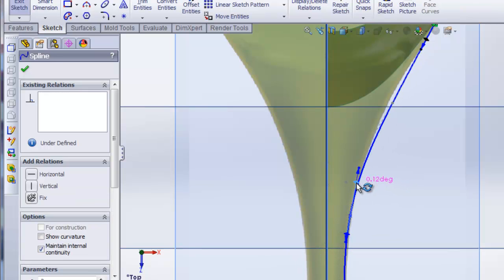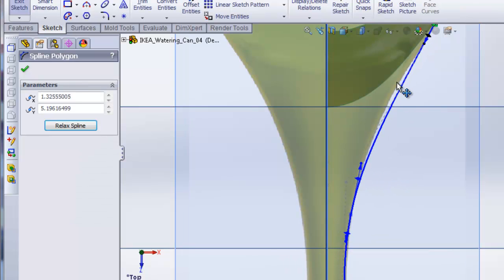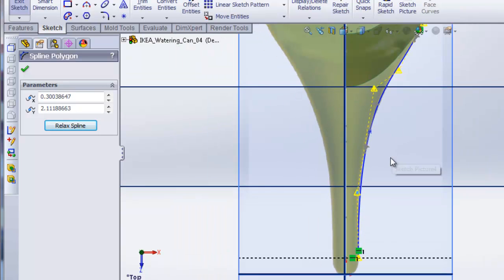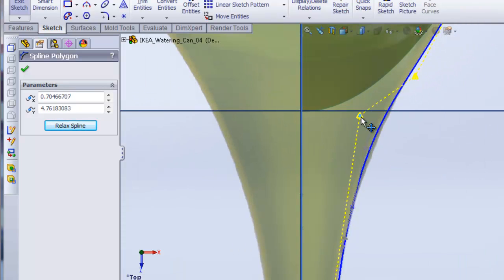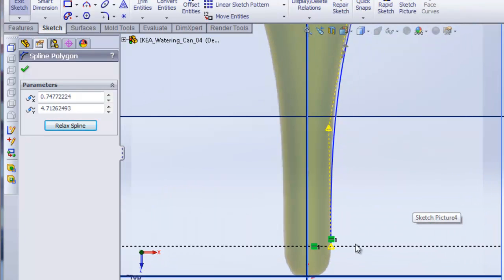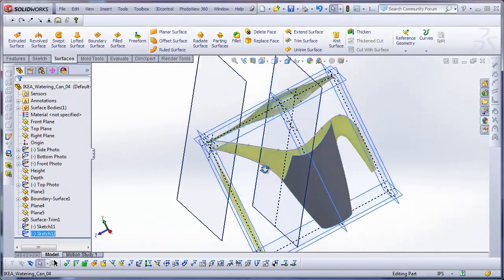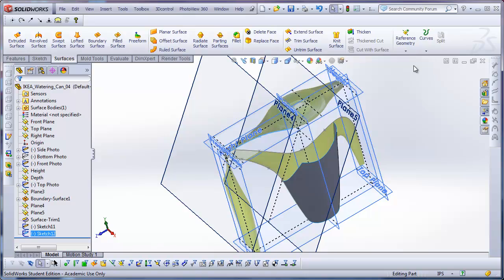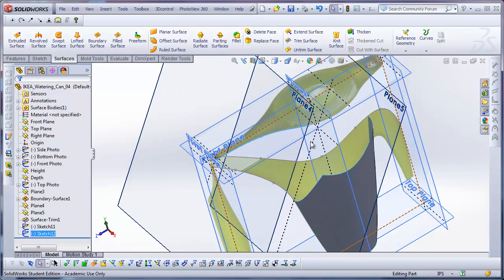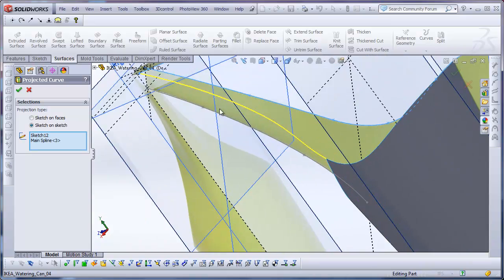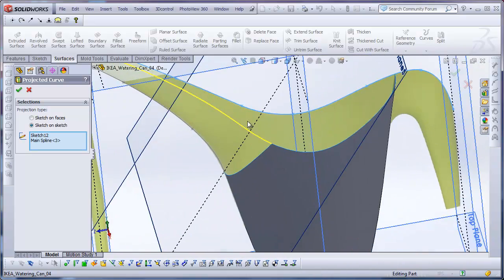I'll add another control vertex by moving this arm around. And just move this in. And kind of adjust this one. Okay. Good. Alright, now I can project the two curves. So I have this one pre-selected in blue, and I'll hold the control button down and select the main spline again and project curve. You can see it creates a spline right where I need it to connect to this